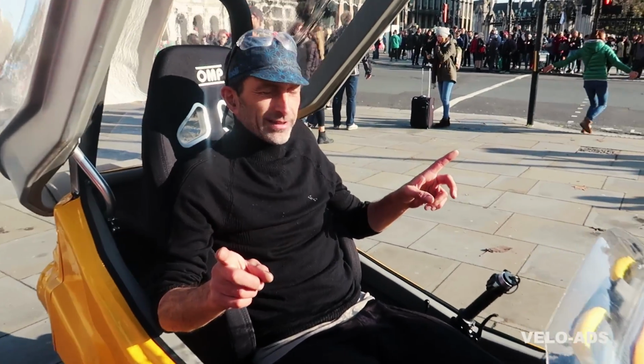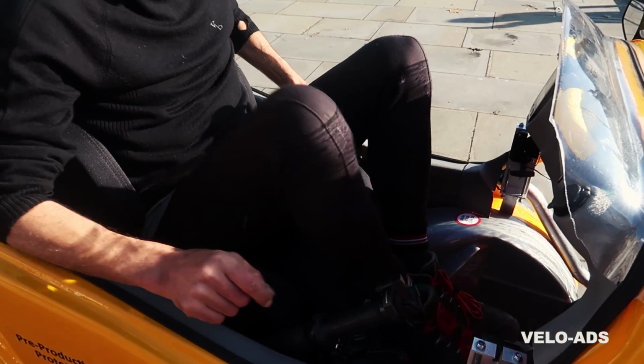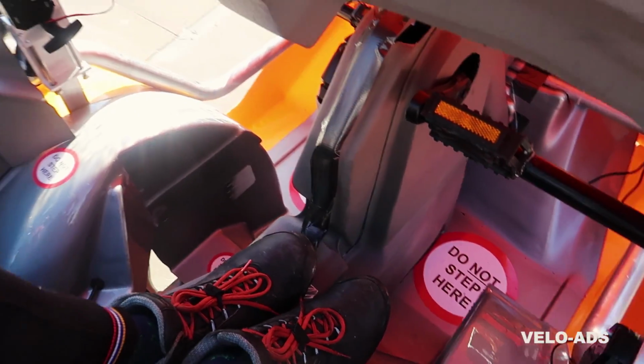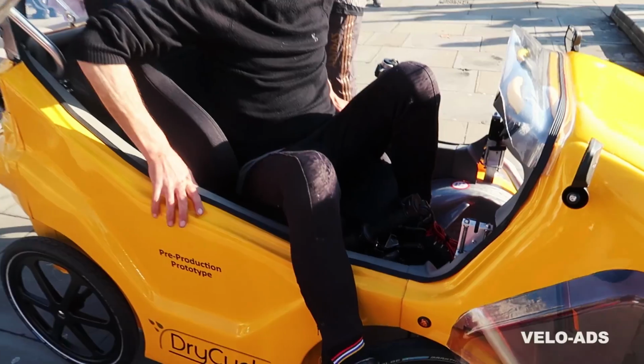Talk about the accessibility issue. Let me try. Okay, so I think the logical way to do it would be handlebars down. There's a step here, which is where you're supposed to put your feet, and obviously do not step here. And then you've got to get your leg over here, and I know a lot of people wouldn't be able